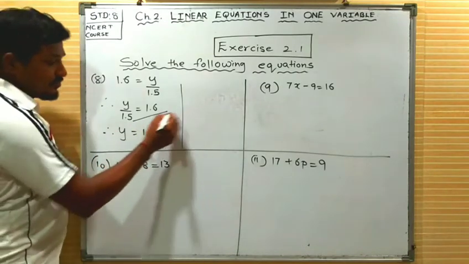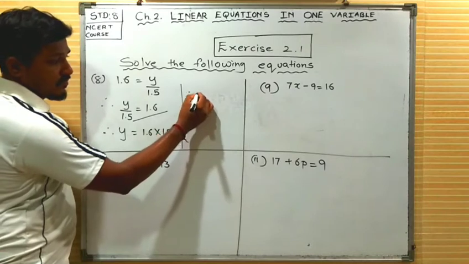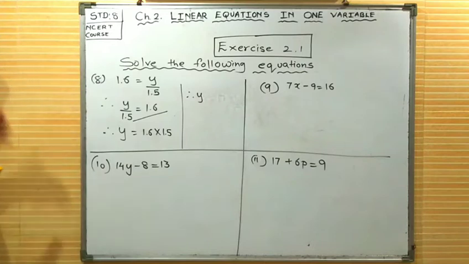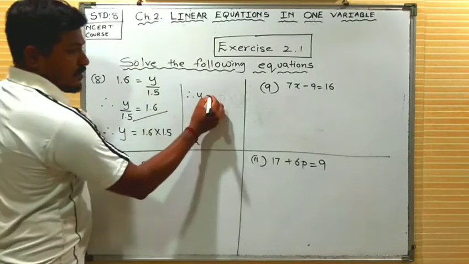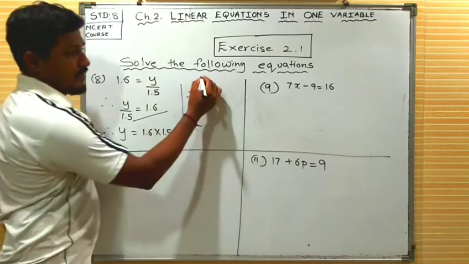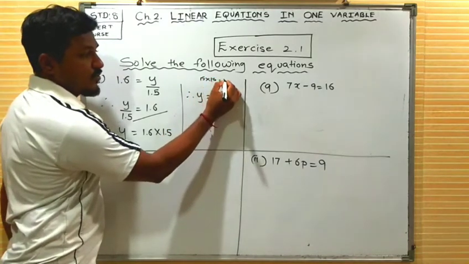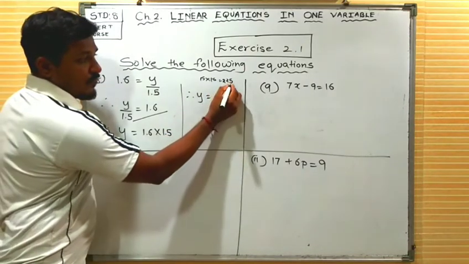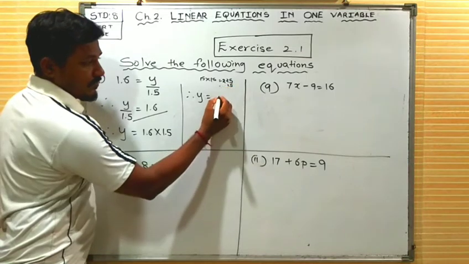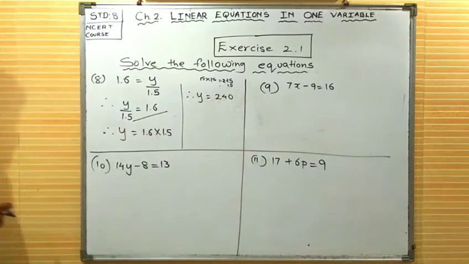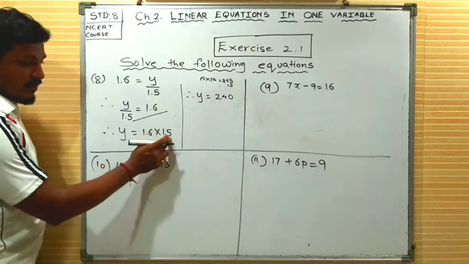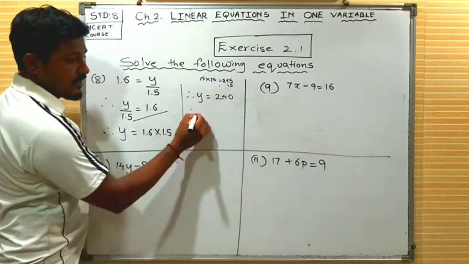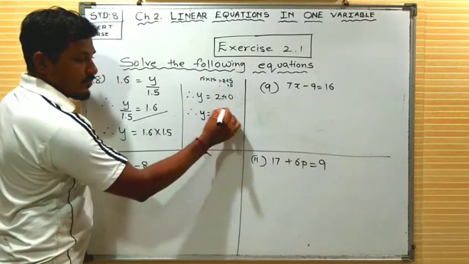Now multiplying is also very simple. This is 16 times, if you remove the decimal, it is 16 times 15. See dear student, 15 times 15 is 225. And this is 16 times 15, which means add one more 15 to it, it's going to become 240. Now put two decimals, one decimal over here, another decimal over here. So 1, 2, the decimal will come over here. That means the value of y is 2.4.